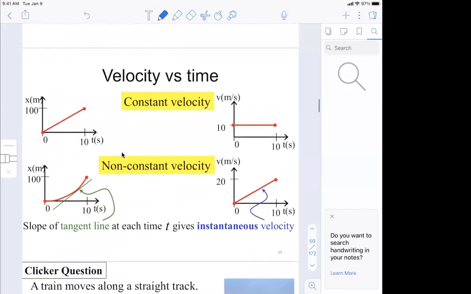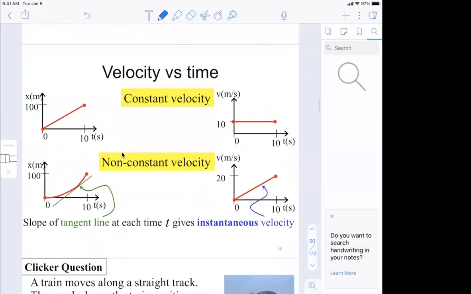And it turned out if this is exactly a parabola, then my velocity would be a straight line. And I'll show you guys why later on when we do the kinematic equations. So if your velocity is a straight line, that is indicating that my velocity is increasing at a steady rate